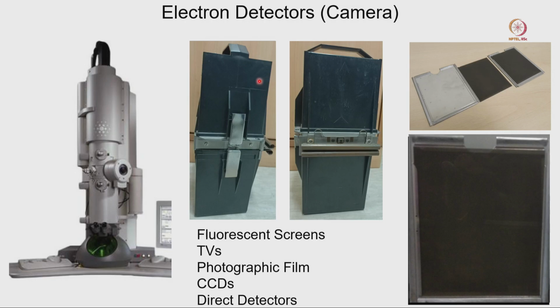Now, long back, if we just consider 10-15 years ago, we did not have any of the different types of cameras. At that time the CCD camera was not that great or that good, and most of the time we were using the plate camera for imaging purposes, and this is the plate camera. Sometimes we were using the fluorescent screen, that is what I am writing here, fluorescent screen, then a TV is attached with this microscope and we can see those things.